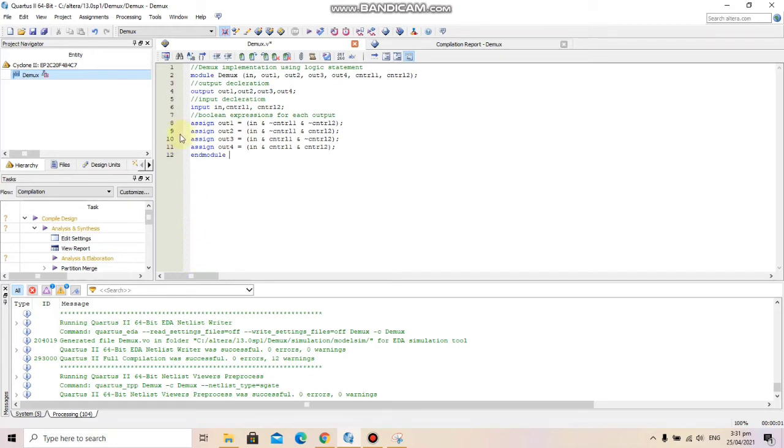Here we can see the first output, in which we have written in and not control 1 and not control 2. So in the first expression, the output 1 will be the input and not of control 1 and not of control 2.